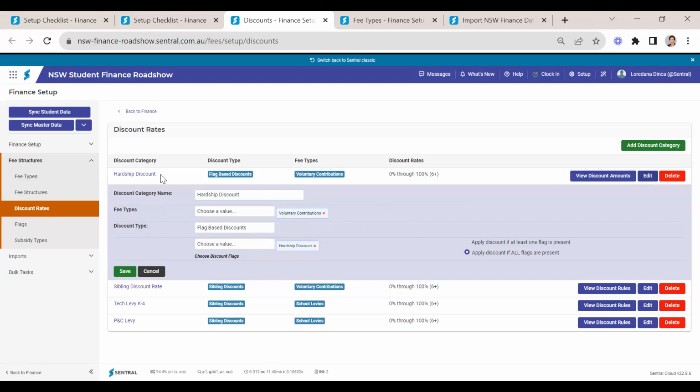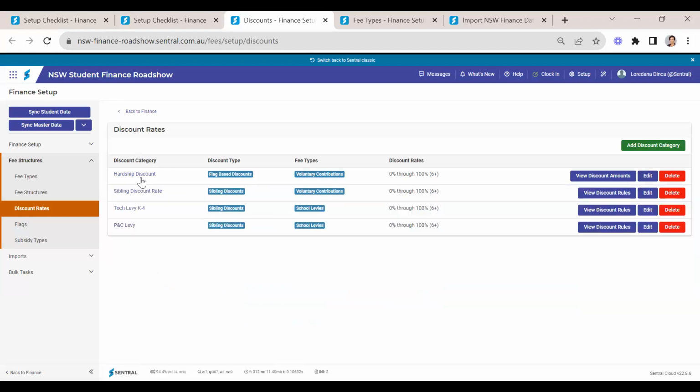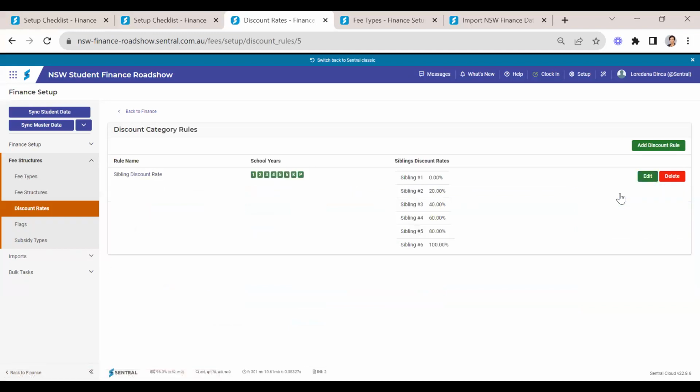But these discounts can be either a flag-based discount, or they can be a sibling discount. So the hardship discount in this particular case is a flag-based discount, so we need to make sure we have that particular flag, and we can apply it just to anyone that has a hardship discount, or if it's a combination of flags. Let's look at a sibling discount rate. We've encountered a lot of schools that have a sibling discount rate. So if we look here at the rules,